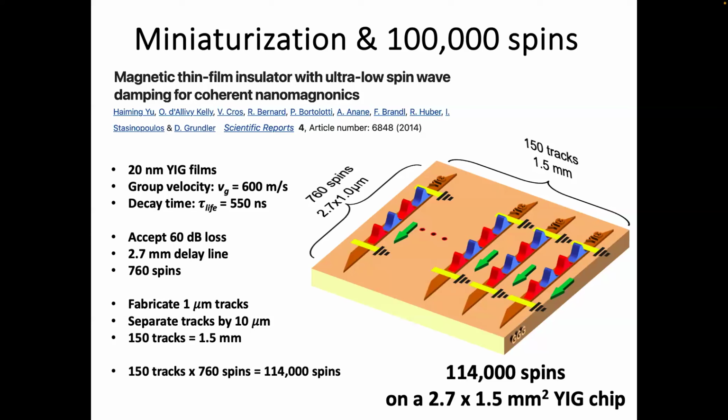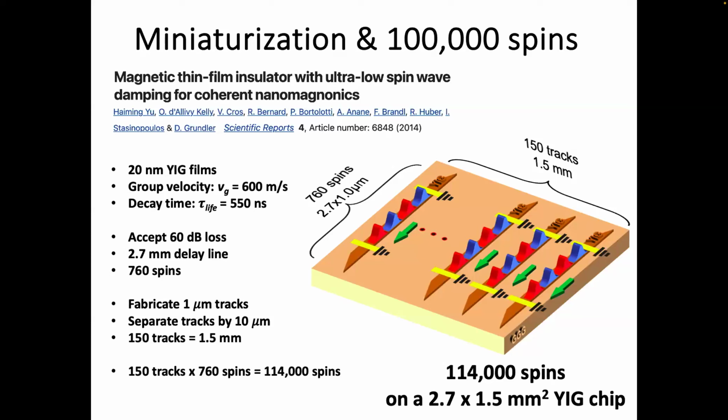8 spins is definitely not particularly impressive, but it's the first YIG film we had lying around, and the proof of principle works. So if we now go to the literature, which is full of spin wave electronics, believe me, we can take one work here from 2014, so 10 years ago. They made much thinner films. Our film was a micron thick, and that's why it had high group velocity. If you take a very thin film, damping goes up. But after some development, people managed to get the damping low, also in very thin films. And now the group velocity is almost 2 orders of magnitude, or more than 1.5, lower, so 600 meters per second.